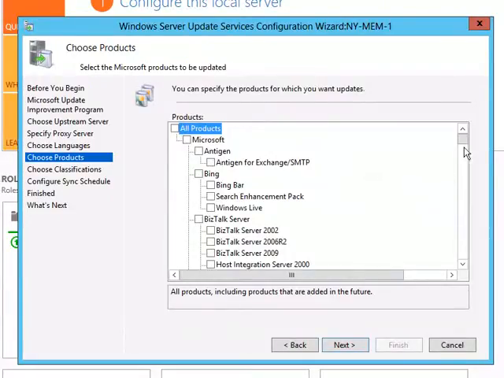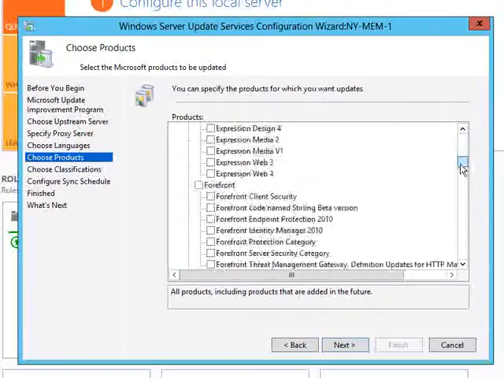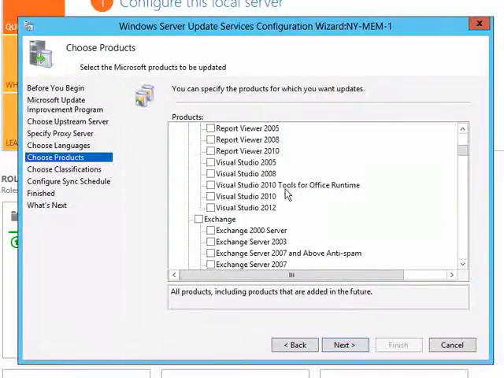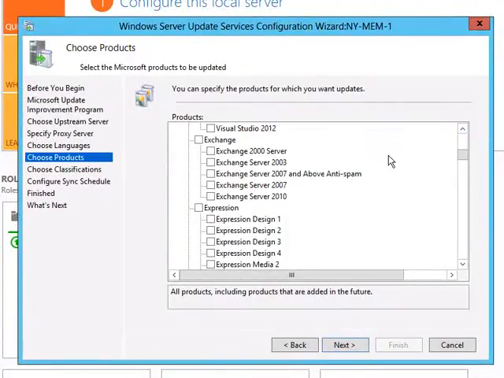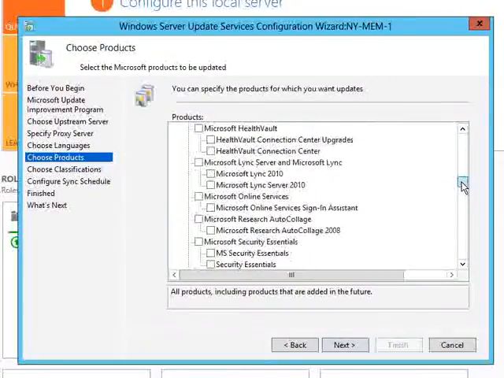So you really do want to take the time to look through here and say, here's an example. Hold on, there we go. It's scrolling faster than I can keep up with it. Sorry, if it's jumping on your screen, it's not you. I'm actually jumping around here. The example I was going to give was Exchange. If you are not hosting Exchange internally, right? If you don't have any Exchange servers, well, then why would you download and store updates for Exchange Server? So if I continue scrolling down here,